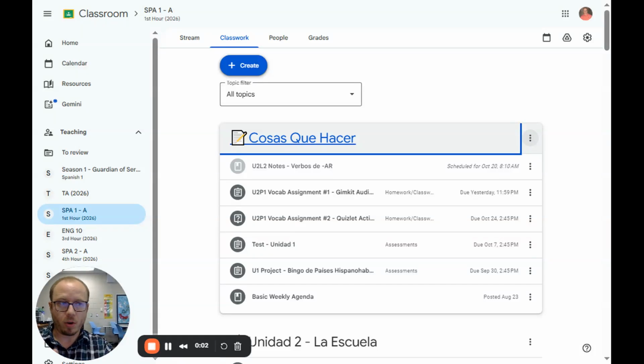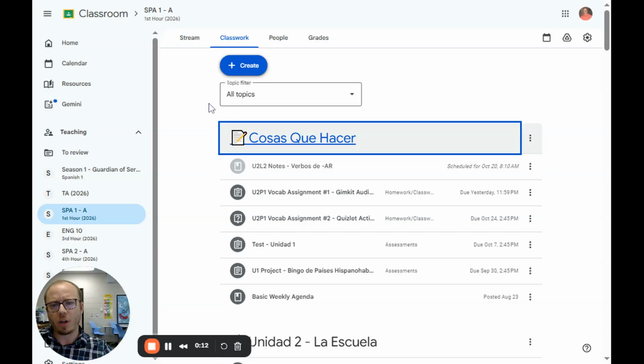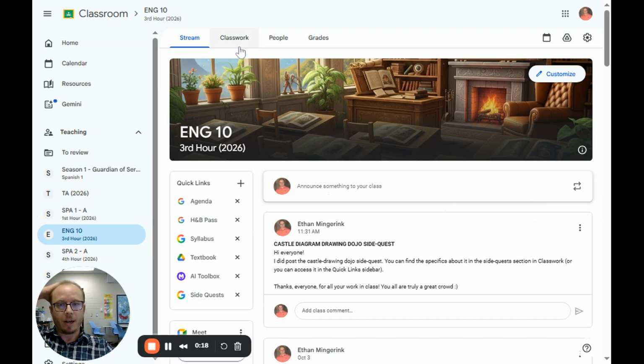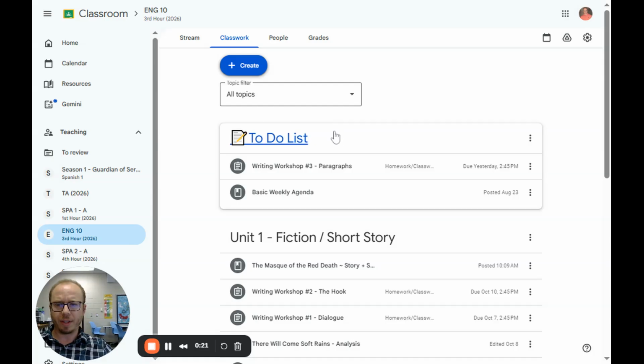All right, so a couple more Google Classroom things. This is more just a Google Classroom layout thing, as well as some settings in setting up your Google Classroom. So first off, just a layout thing. Now this is in Spanish, but if I were in my English class here, one of the things that